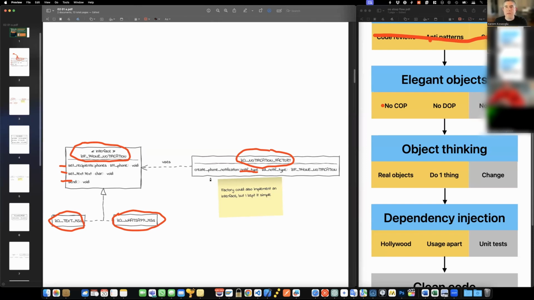So now every time a program wants to send a message, through this factory class, they receive an interface, not the class. And the 20, 30, 40 programs in the system don't even see or rely on this concrete class called text message. Instead, all the functionality works over this interface.